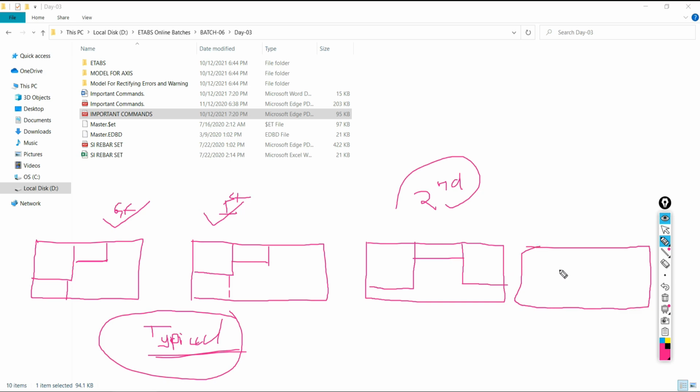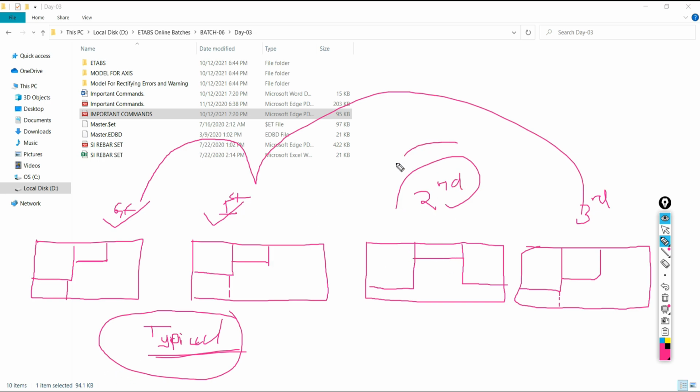It may be possible that your third floor will be similar to your ground and first. So your third, your first, and your ground are all similar, typical floors, and only the second floor is different.